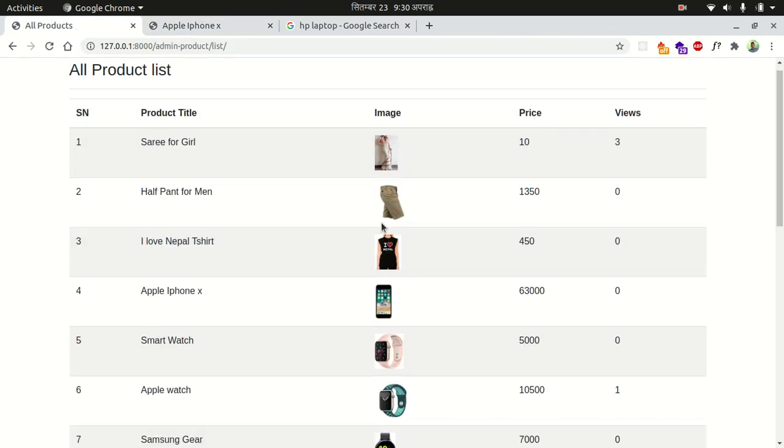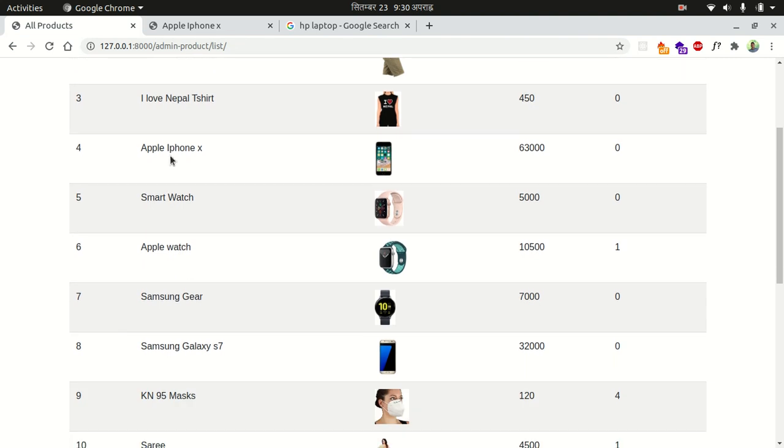in case our Apple iPhone X, where is Apple iPhone X? Here is Apple iPhone X. It is viewed 0 times. It was viewed 0 times, but I viewed it here. So if we refresh it, now it is viewed 1 time. Okay, so